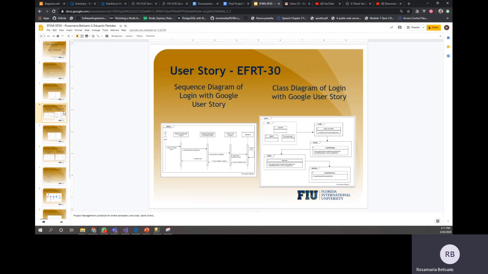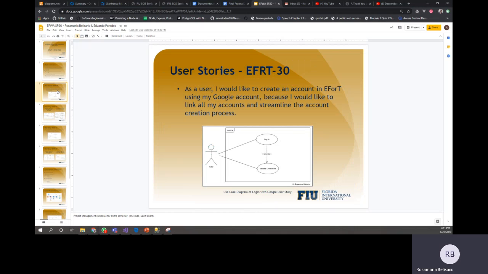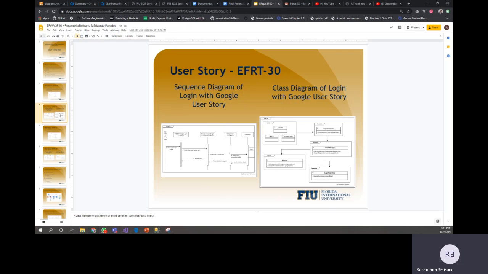So here is a quick use case diagram that I want to show you. Basically, what we wanted was for the user to be able to log in and validate their credentials through Google and not through our database, so they can use the Google email, or Instagram or Facebook, to log into EFRT. The way we decided to do it was by implementing in the front end a